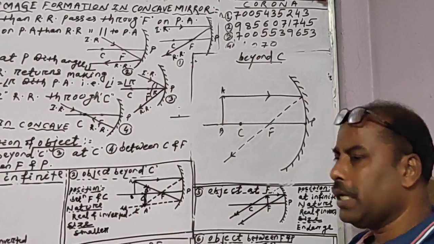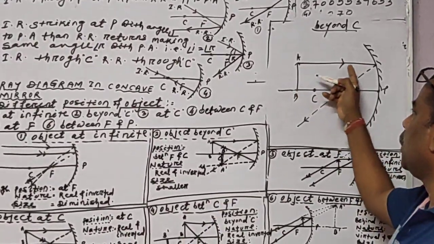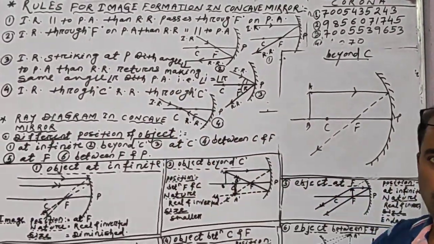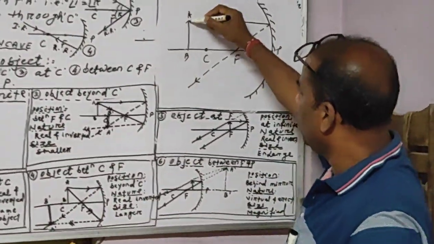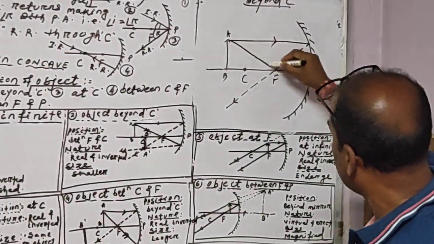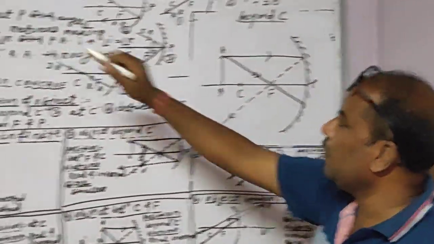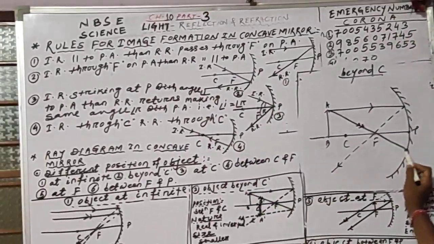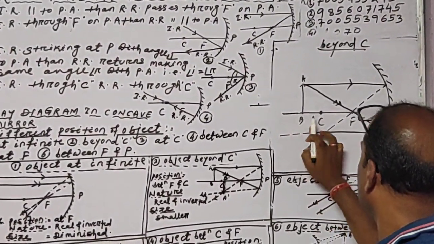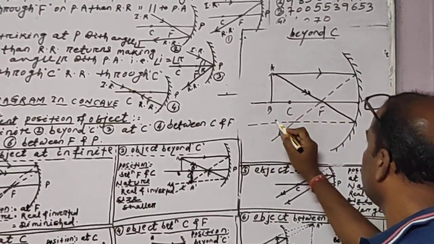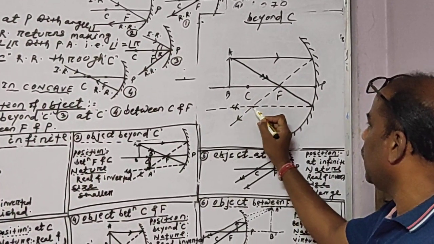For the second one, we have to take any one out of 2, 3, 4. We should not take it just like that; we should take any one. Suppose for example, let us take the easy one, that is through F. So through F, I am drawing the ray up to this point. This is the second ray. Then according to the second rule, it will be parallel to the principal axis. Now this dotted mark is the second reflected ray. Now this first reflected ray and second reflected ray are intersecting here.